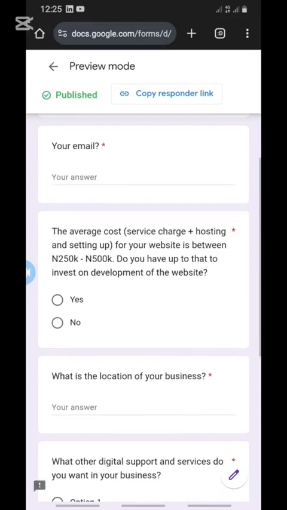All right, so we just copy the link and share to people, and once they fill it, you can go ahead and call them and discuss anything further. So this is exactly how to create your Google form